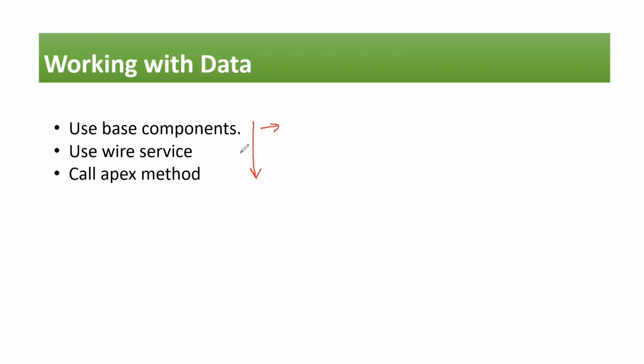Now, if there are some base components that are already given to us, what is the point of discussing other options? You might be thinking, if there are already base components that are readily available to me, what is the point of me thinking about other options? That is where the next point comes into the picture. If you need some customization, how can you do that? If you are not happy with the customization options that are available in these base components,